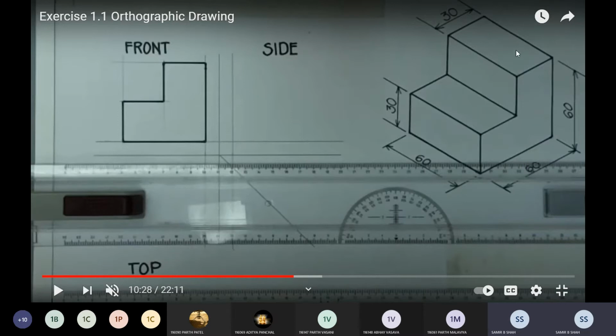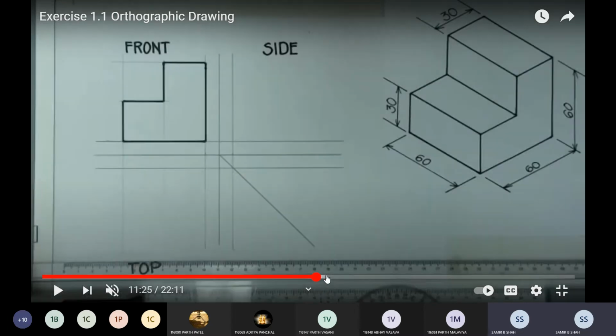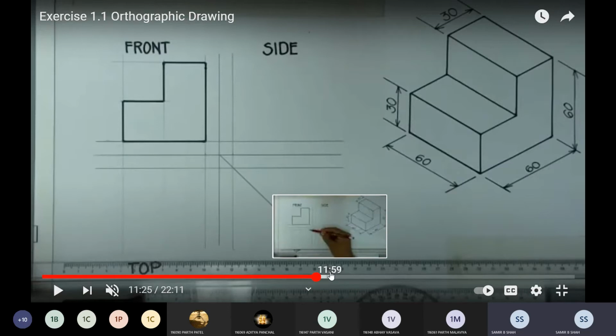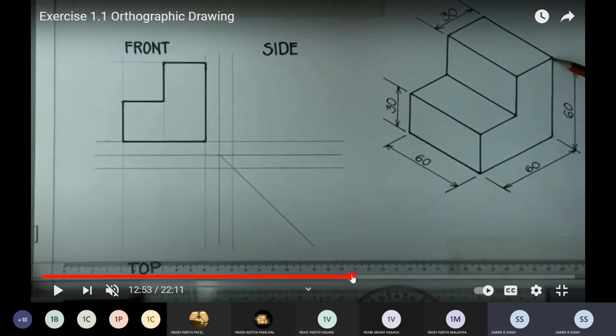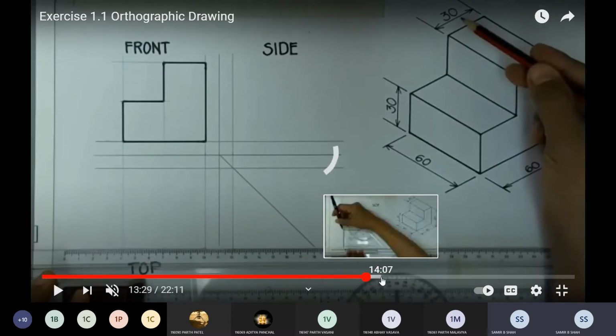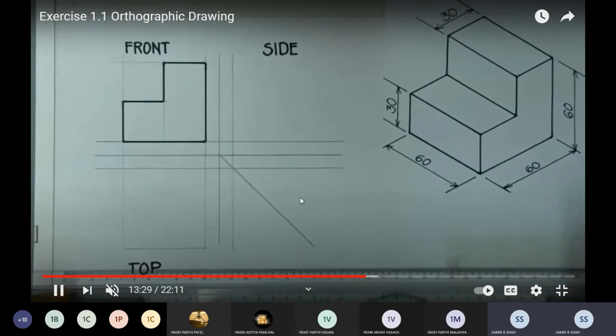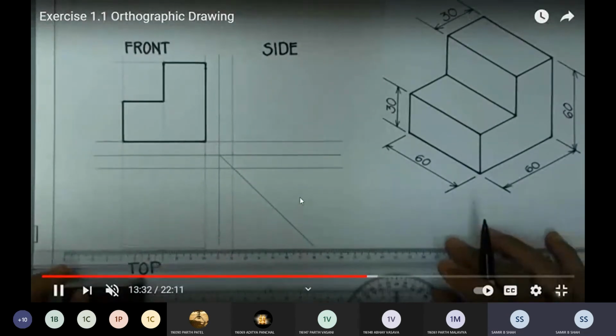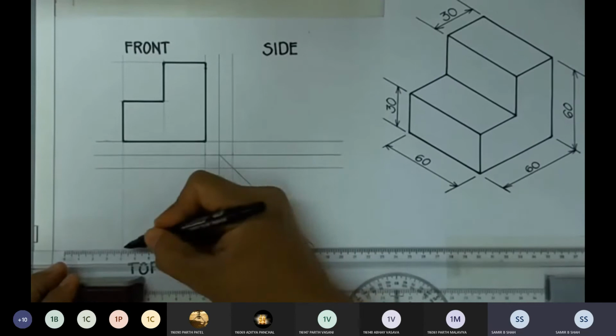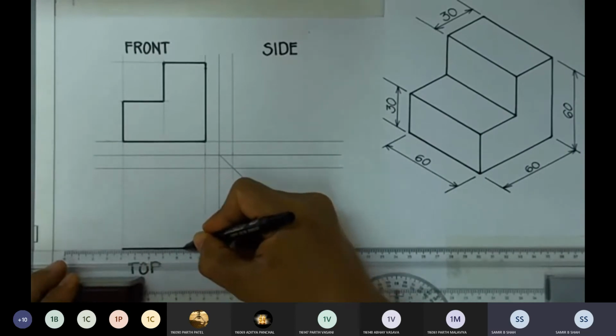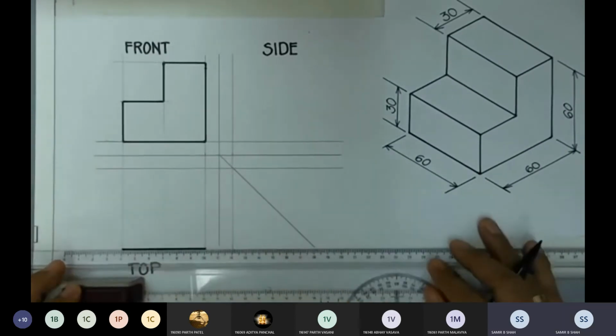Now with the top view, we know very well and already discussed that these two portions are considered in the top view. Before starting the top view, we just raise or extend the projection. After extending the projection, we proceed for the top view. We just follow as per the drawing. Drawing में जिस तरह से दिया है उसी तरह से हम draw करेंगे.